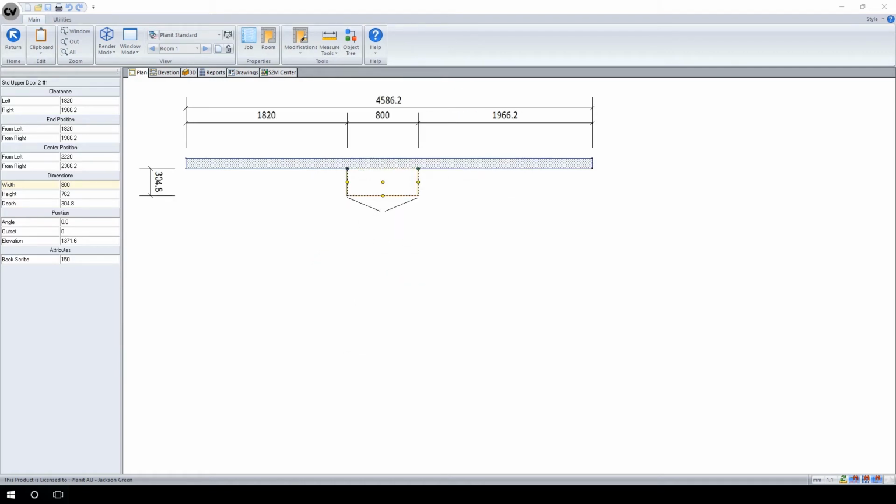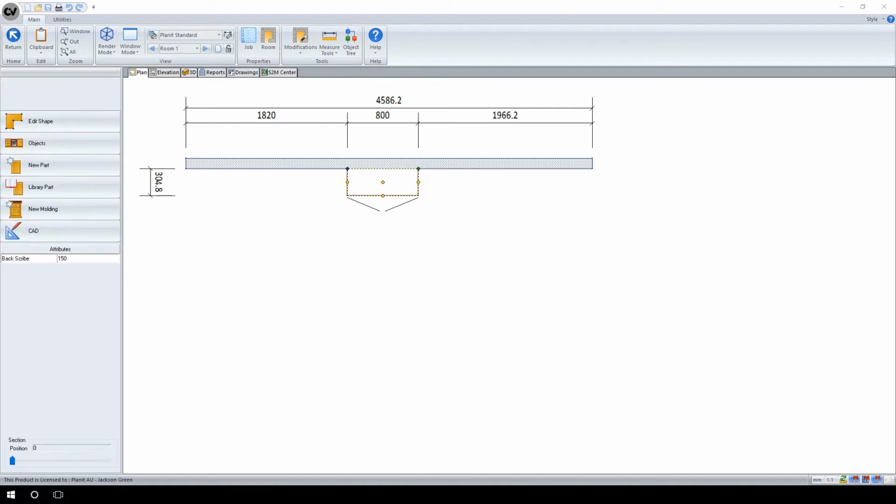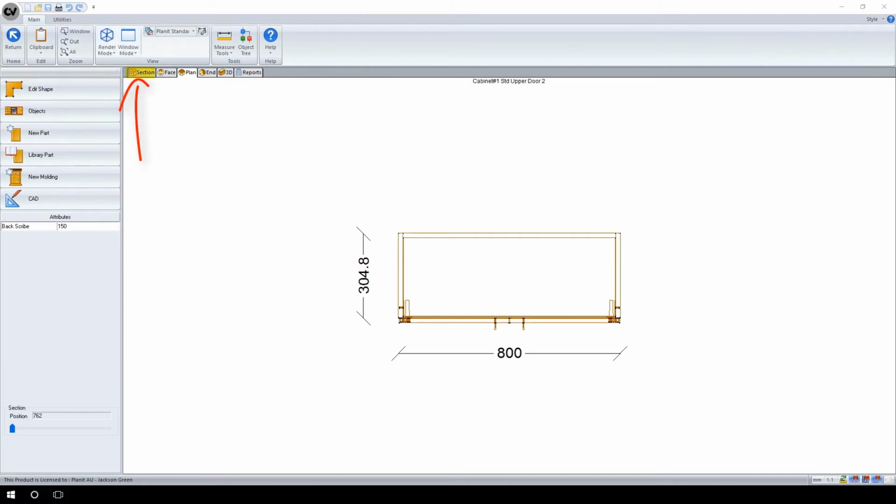Advancing from the Assembly Properties dialog box, we can now see that our attribute has appeared to the left-hand side. We can also see that the description we entered for our attribute is what shows up next to our value. We now need to add a physical backscribe to the cabinet so that it can be linked to our attribute. To do so, we double click on our chosen cabinet and ensure that the Section tab is chosen in the